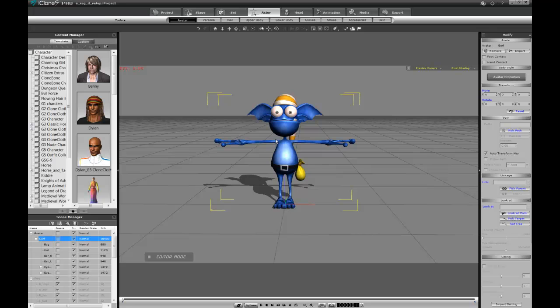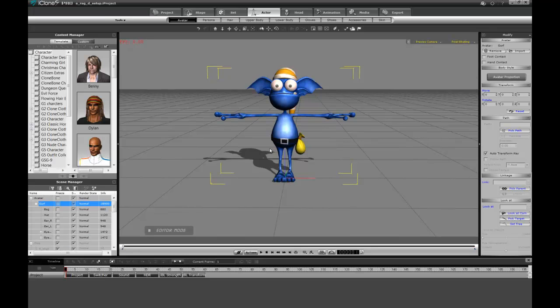Now notice that he is in the T-pose. I made him stand this way because it's much easier to get the proper length for the limbs. You do not have to do this, but I strongly recommend that. So I press the F3 key to bring up the timeline, and I'm going to show you how to